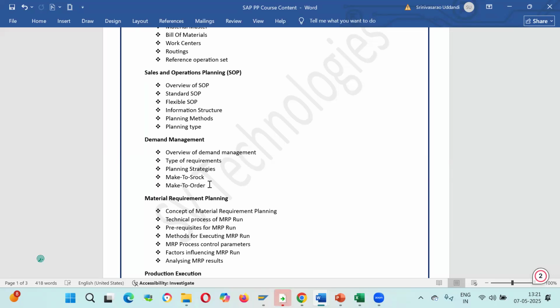If you take another example, suppose you want to buy a bike, for example, a Pulsar bike. After you place the order, they will start manufacturing the Pulsar bike, or you can directly go to the showroom and get it.